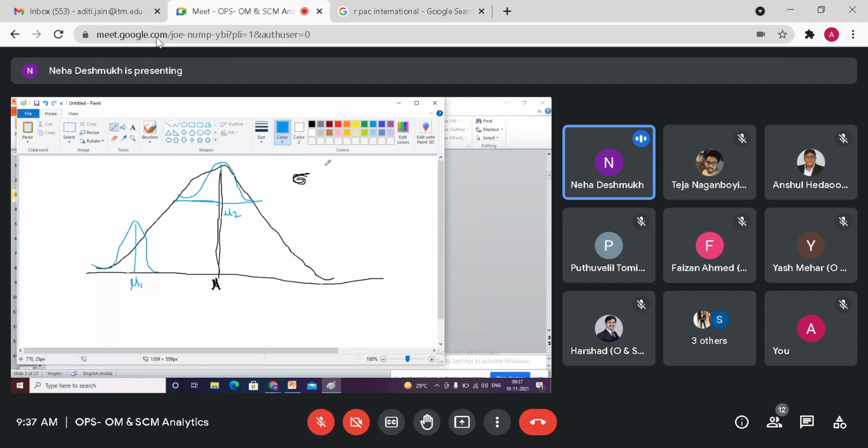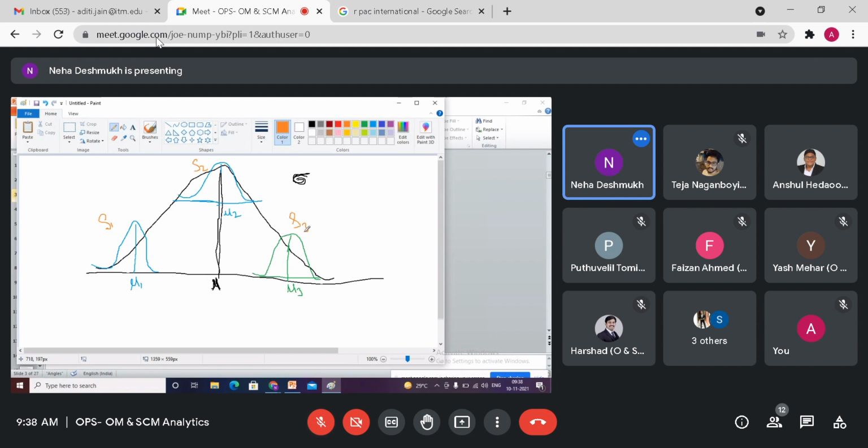Third mean is mu3, this is the distribution of it. Are you with me, class? This is sample 1, this is sample 2, this is sample 3,